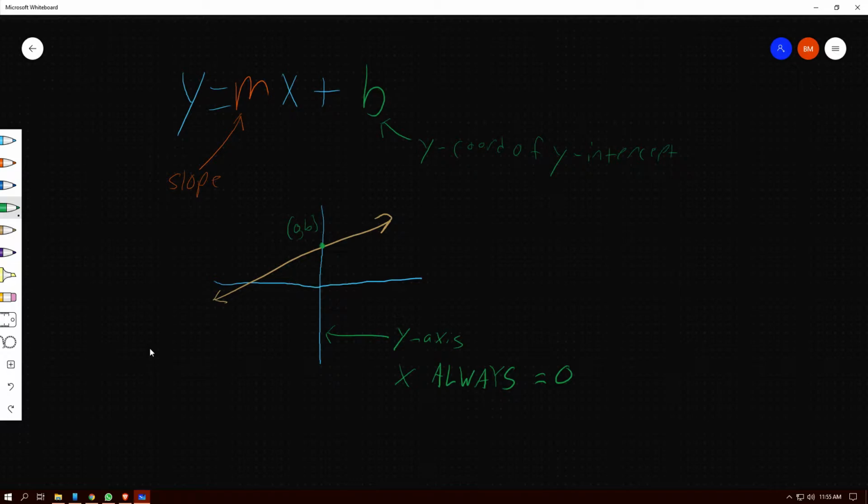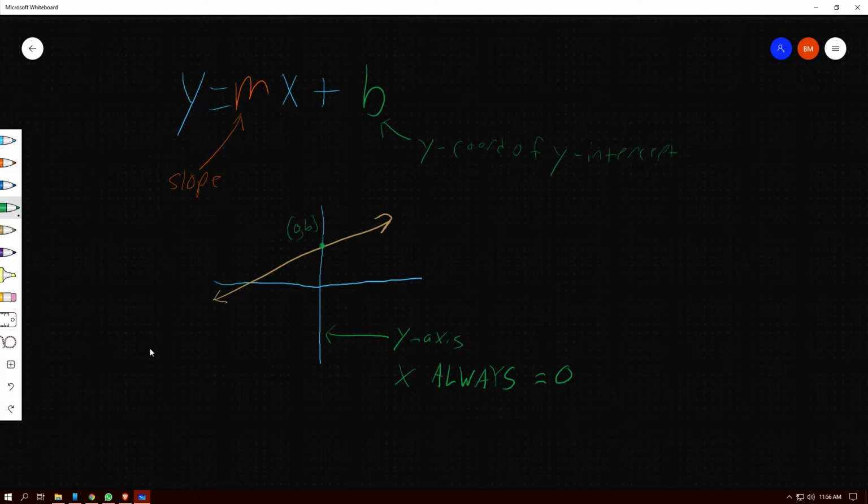Now the pieces that we're going to use in this equation is the m, and the m is the slope. We just had the last section that covered all the slope stuff. So we know how to calculate the slope using our rise over run formula, y2 minus y1 divided by x2 minus x1. That's all the last section stuff. The new piece for this section and for this equation is going to be in the green, the y-intercept. So the b term in the equation